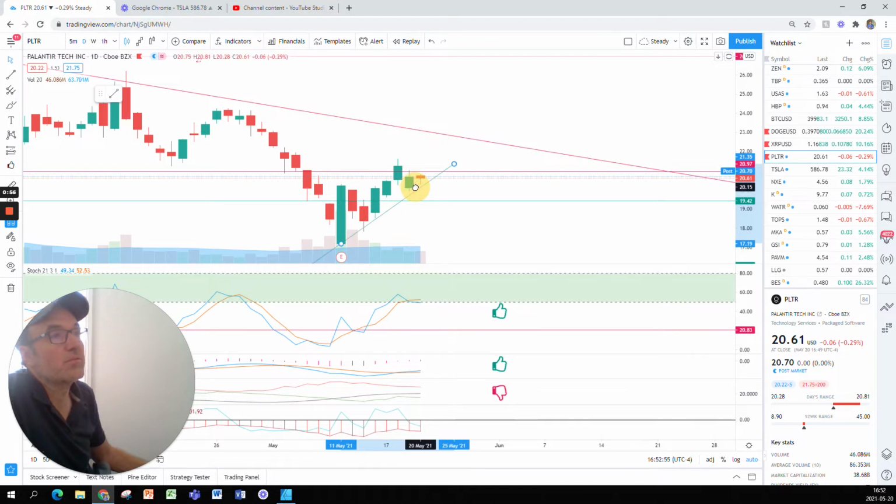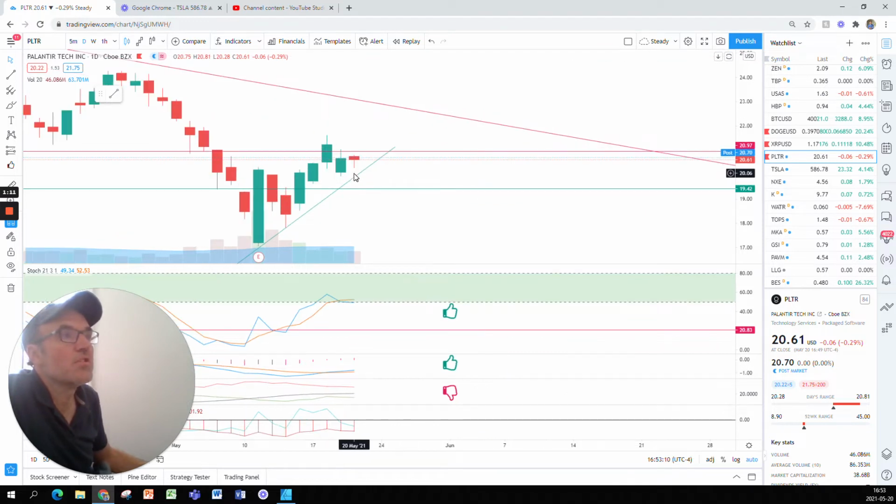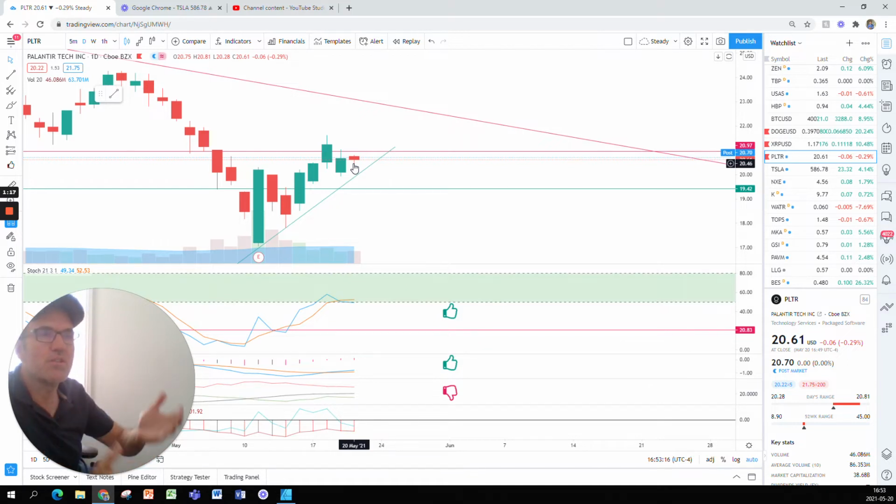If I do this, will it do something different? See. Maybe this is a better line because we are touching this one here at the wick, but then we are chopping this one off. So yeah, I don't think we need to be this precise. So a bigger wick at the bottom. So this tells me that there's some pressure, some buying pressure that happened during the day, even though we closed